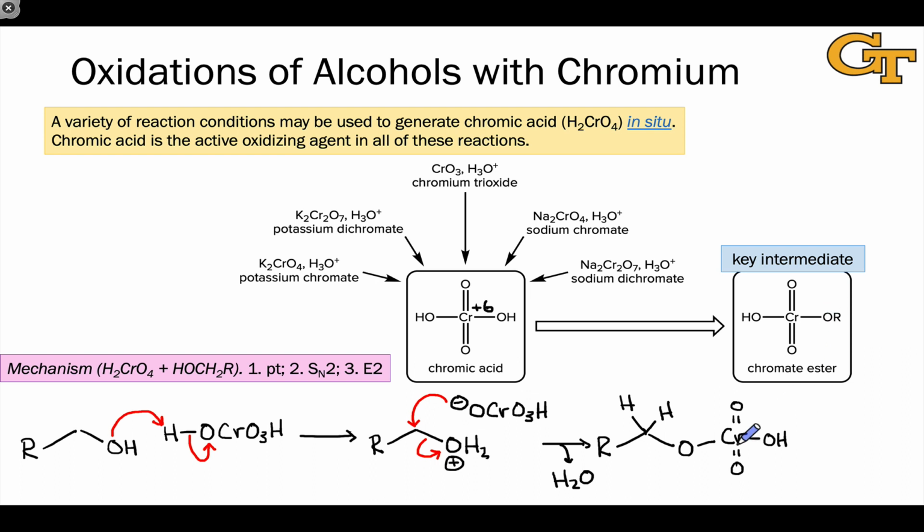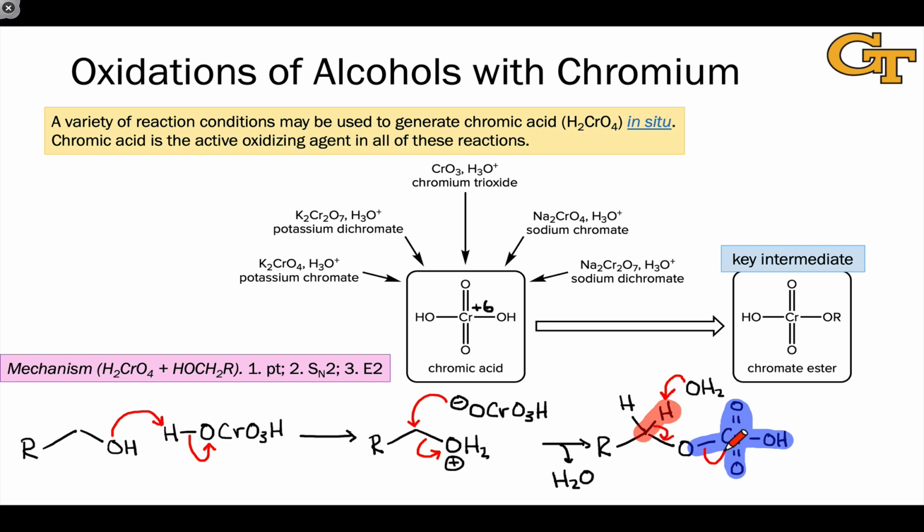This is the so-called chromate ester intermediate, with an awesome leaving group in the form of high oxidation state chromium linked to the oxygen that was part of the original alcohol. This great leaving group acidifies the hydrogen linked to the alcohol carbon. In fact, that hydrogen is so acidic that a relatively weak base, something like water, can promote elimination of H